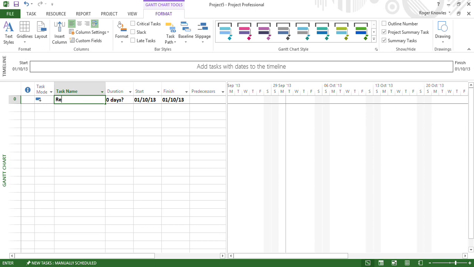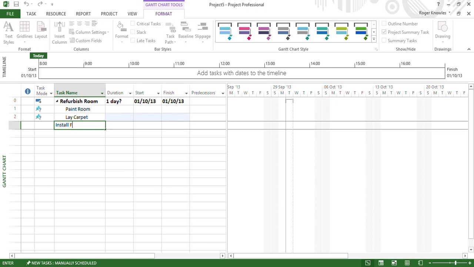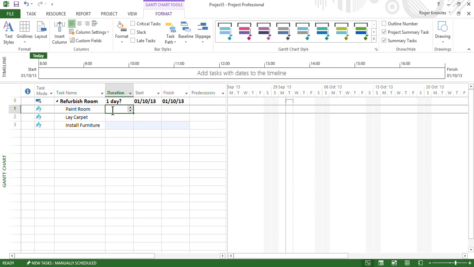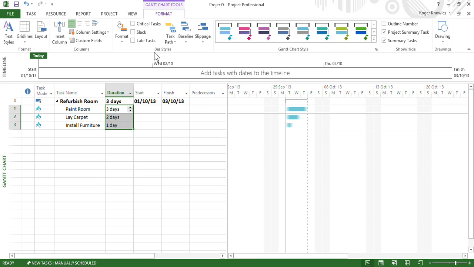In here I'm going to type something as simple as refurbish room. Underneath I'm going to paint the room, lay a carpet, and I'm going to install some furniture. I'm then going to set some durations for these tasks. So I'm going to have 3 days, 2 days, 1 day, link them all together,